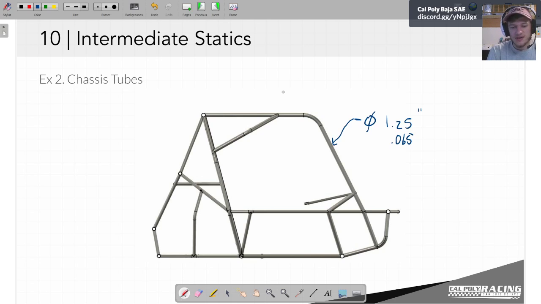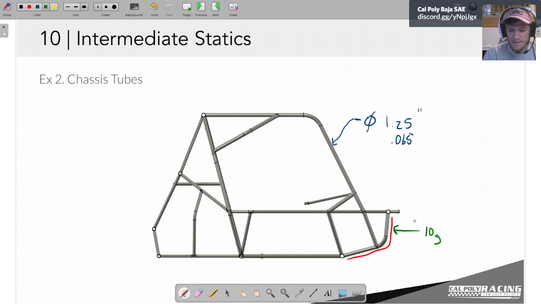However, it's a good case to consider. And this is definitely something that a chassis lead would need to consider in order to design our chassis. So I know, because I asked the composites people, that the front skid plate is designed to take a 10G impact load. For those of you that aren't familiar with that notation, this just means whatever force hits this